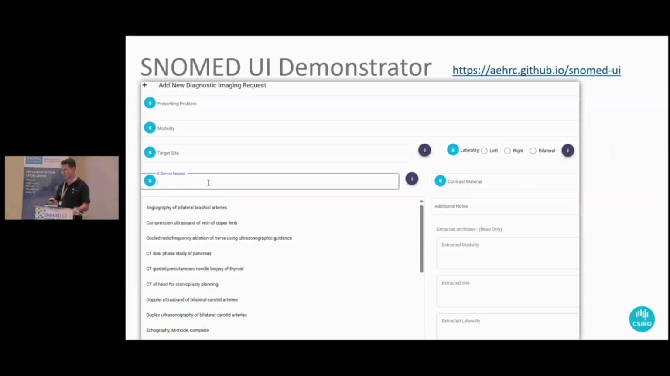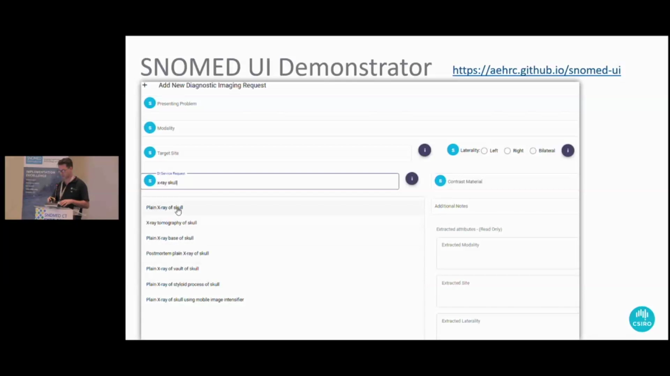Our SNOMED UI demonstrator. So some of you might have seen this before. This is the UI demonstrator from SNOMED International. We've extended it just to do this demonstration for radiology. So it starts off here with just that pretext search. We search for X-ray of the skull. We can pick a test, and you can see that you're able to extract this other information. This isn't really how a clinical system would work, but it's just showing you that you can access all this